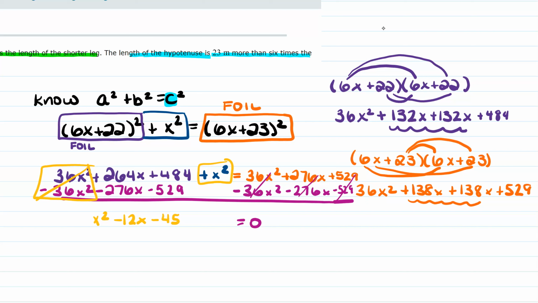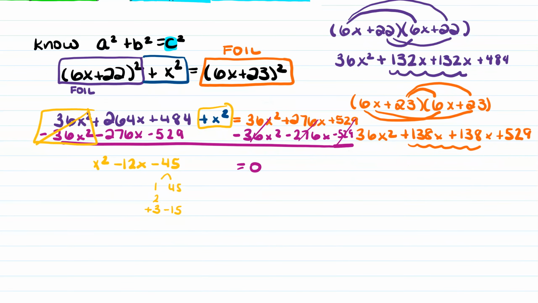So can I factor it? I don't know. Let's see. What times to 45? 1 and 45. But that doesn't add up to 12. 2 does not go in. 3 and 15. Ooh, I like this one. Because we want to make two numbers that times to negative 45, so plus minus. And then add up to negative 12. So since we want it to add up to negative, the bigger number has the minus, and the smaller number has the plus. So this guy double bubbles